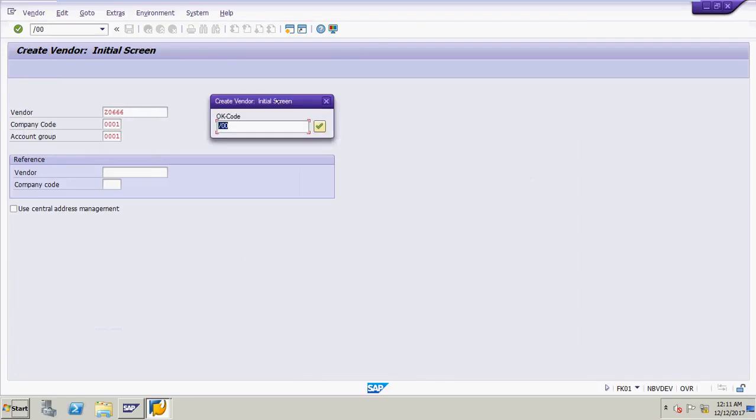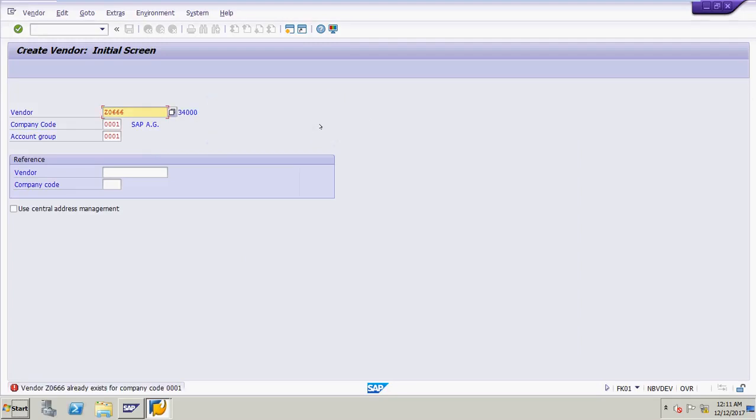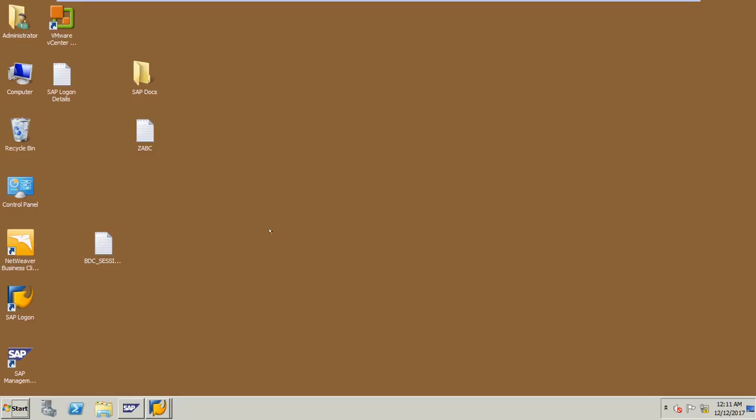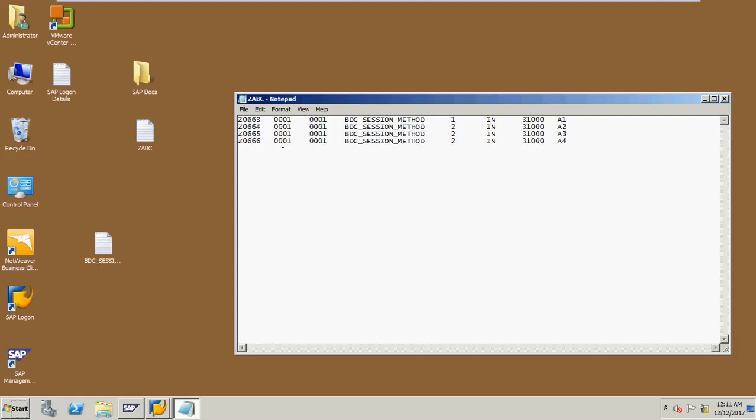You will see the value. Now click on the continue button. It already exists, Z0666. Just one thing, close it.